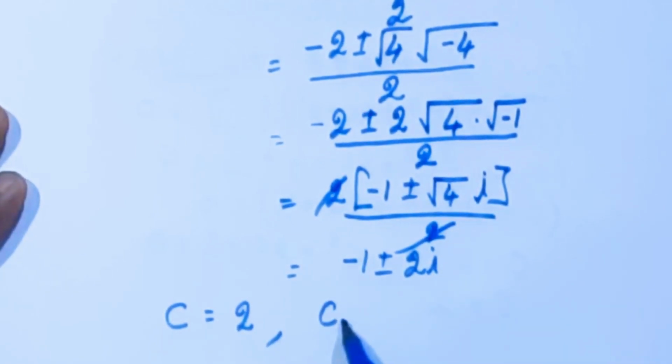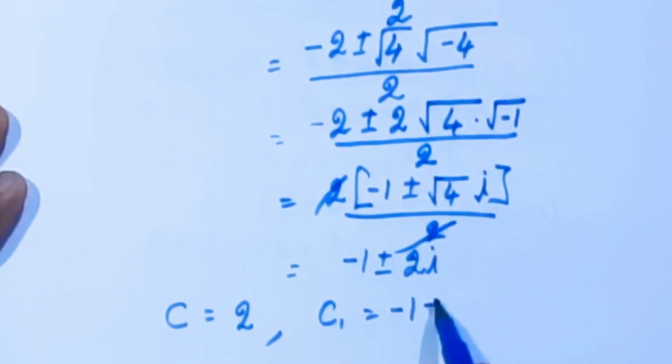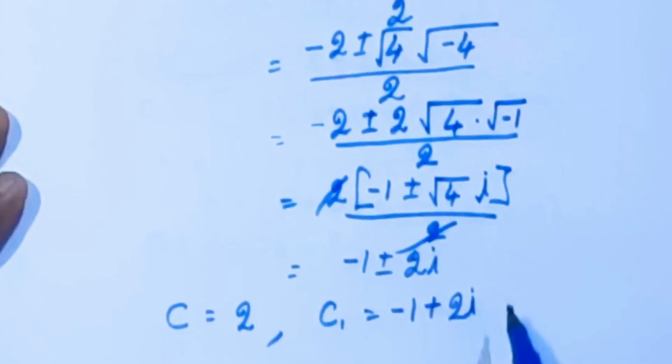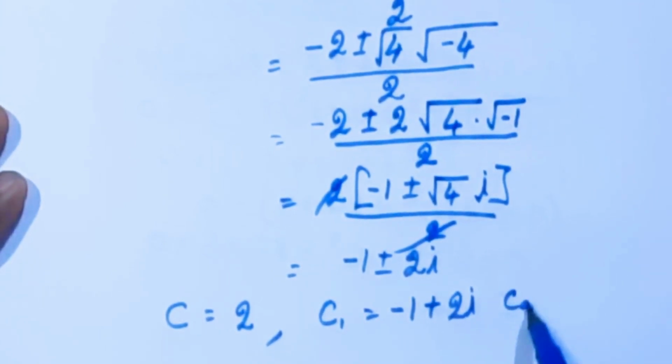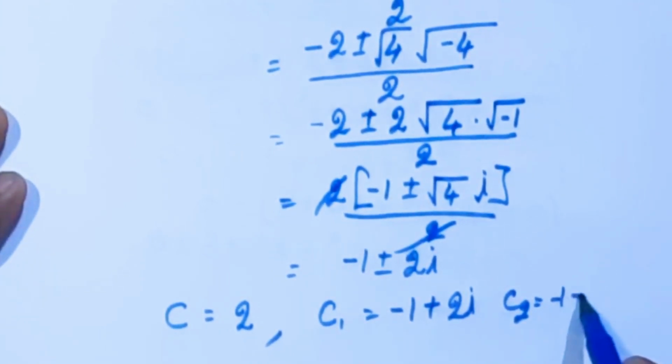Now we have c equal to 2. From this, c1 equal to minus 1 plus 2i. From this, c2 equal to minus 1 minus 2i. These are the possible